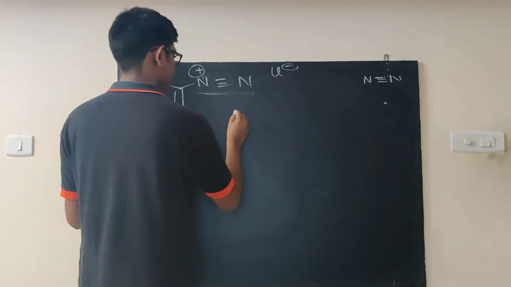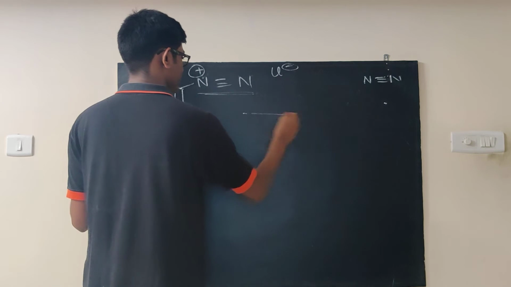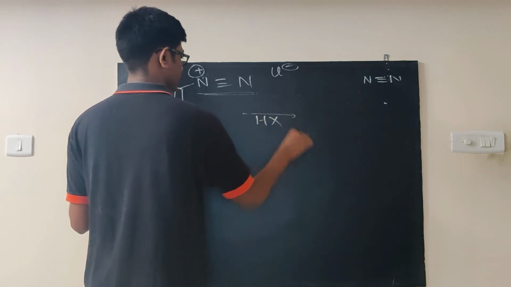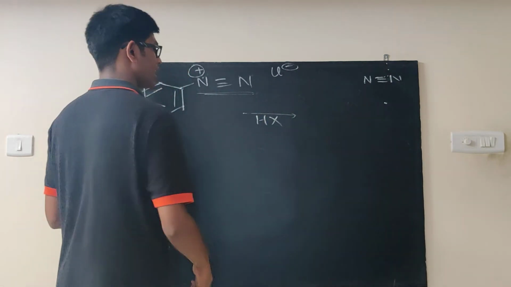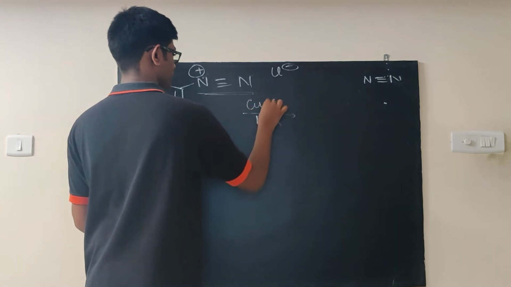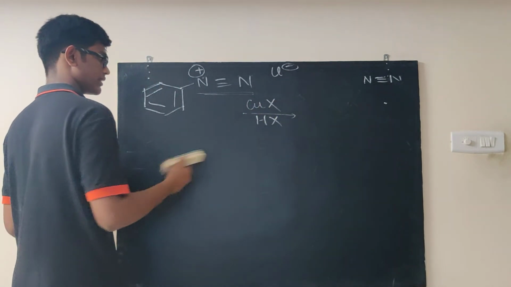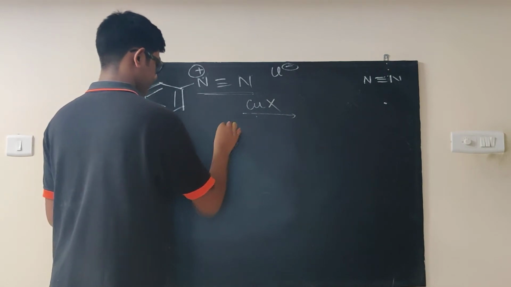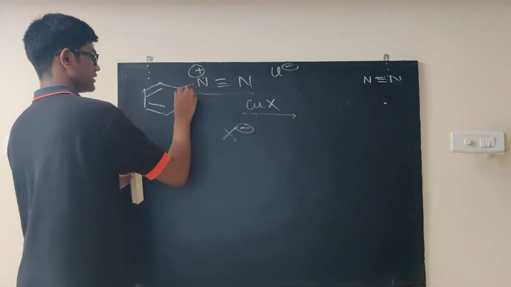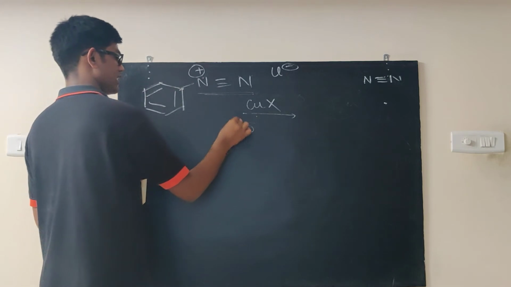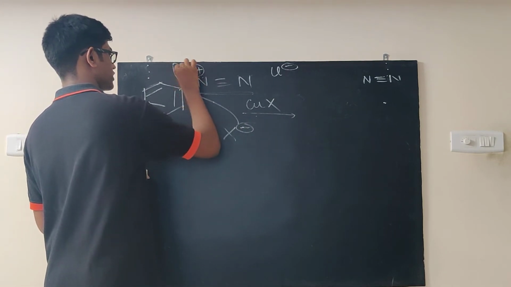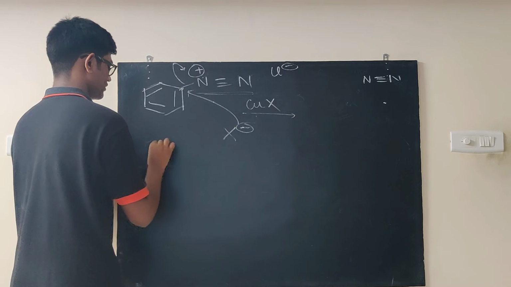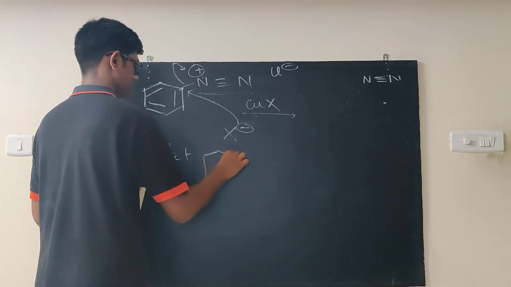Okay? So what will happen is, if I take some random HX right now, some halic acid, and people generally customarily take CuX along with that for better reactivity. So this is a catalyst. Anyways, I'll get X minus. Again, nitrogen positive charge, this carbon is going to be highly electron deficient. X minus attacks, this bond jumps on top of this guy. So you get nitrogen plus